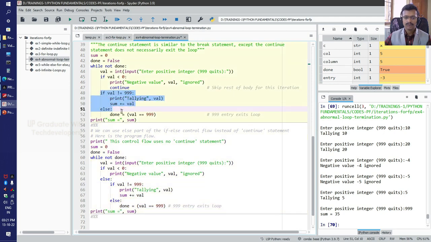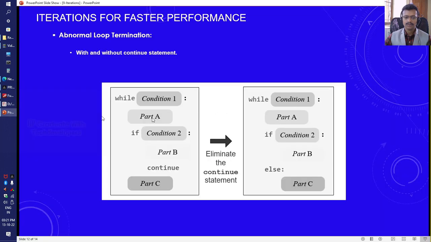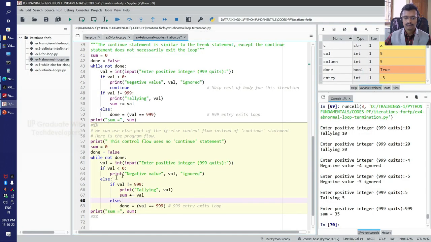So now this if statement, value is not equal to 999, and the else part, done is equal to the conditional expression value is equal to 999, have been moved inside the else part as per this general diagram. Okay, so there is no continue statement here,